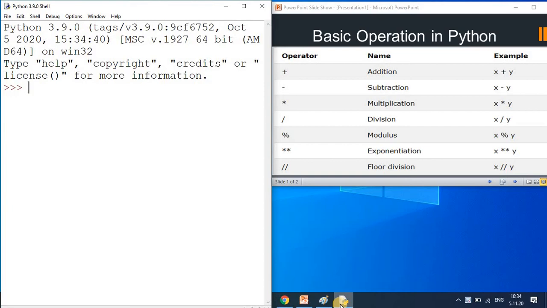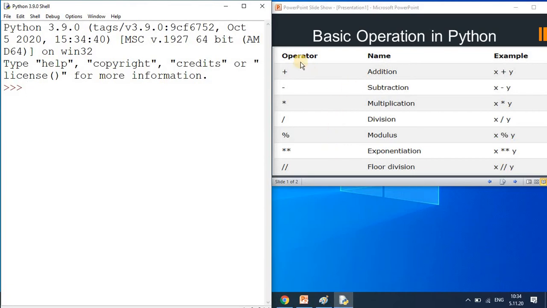As you are a beginner in Python programming, first we are going to focus on basic arithmetic operations in Python, meaning basic calculations. Because in any programming language, after a simple program, you must know how to perform calculations. So here we will see how we can perform the basic operations.